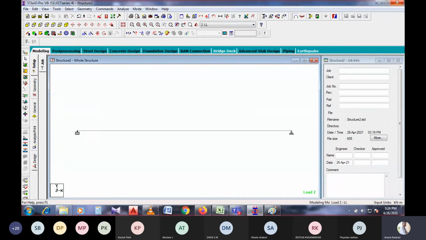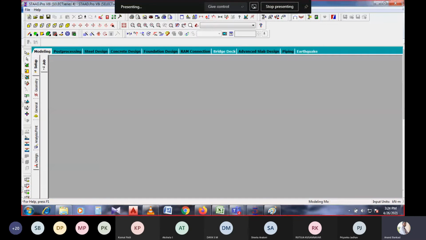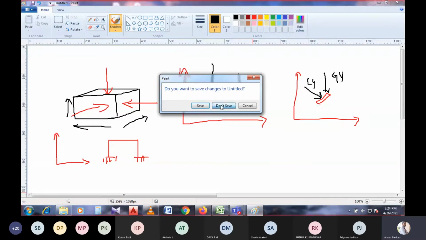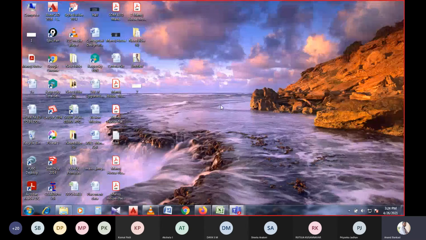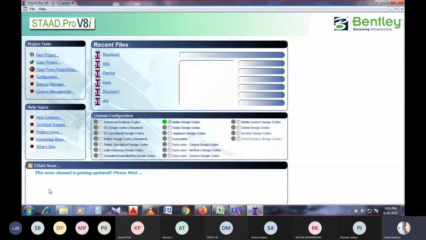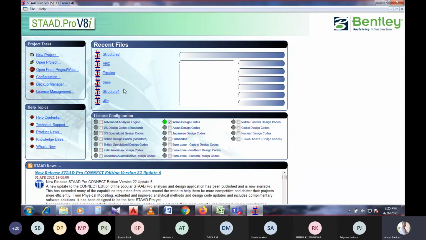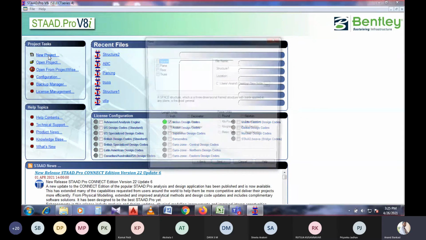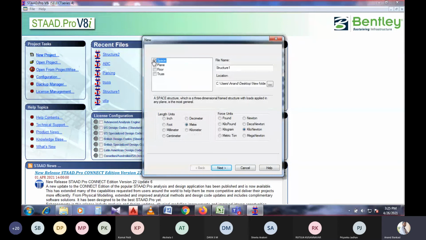It's better if you have the software on your laptop. So I will close this and start once again. I will double-click on the STAAD icon. Once it is opened, the window will appear in this manner. The new project will be selected and the space will be selected.